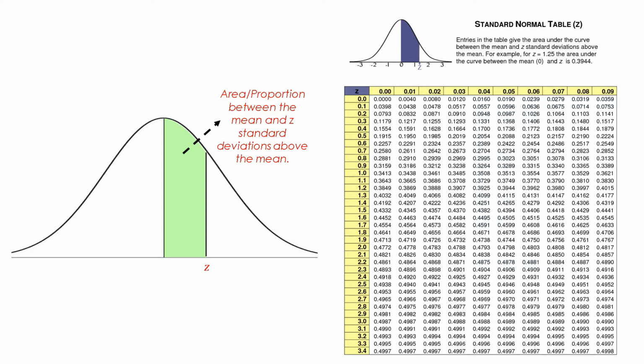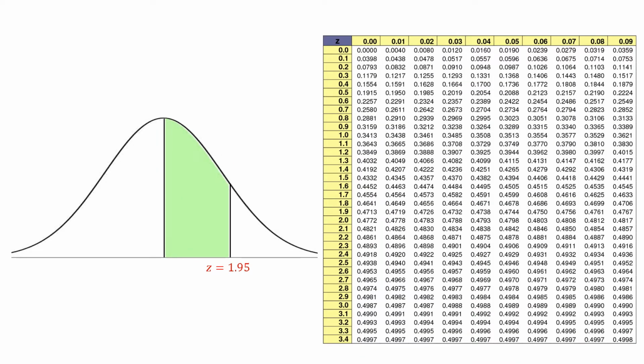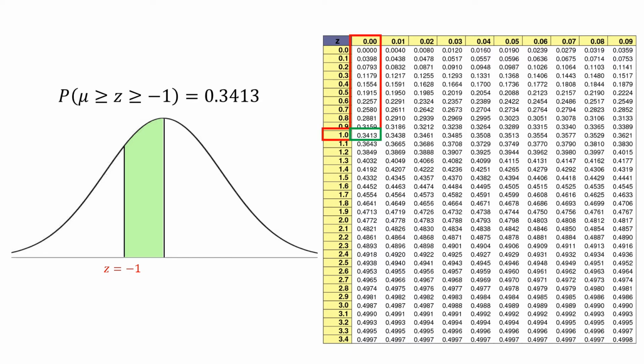In this table, the top row and the first column correspond to z-values, and all the numbers in the middle correspond to areas. For example, according to the table, a z-score of 1.95 has an area of 0.4744 from the mean. For a z-score of -1, it is the same as looking for the area of +1, which means its area is 0.3413.